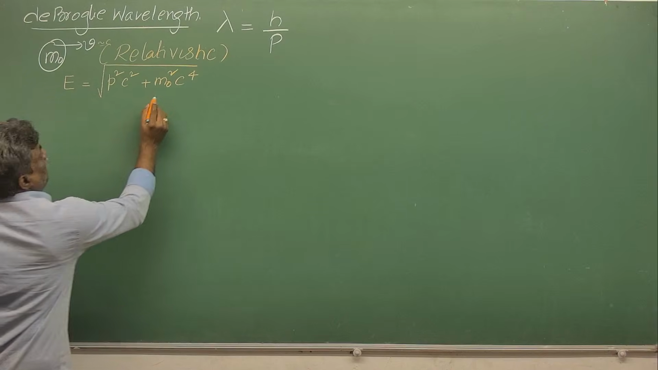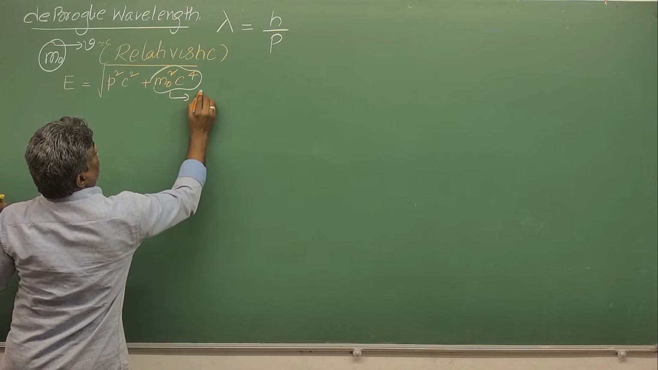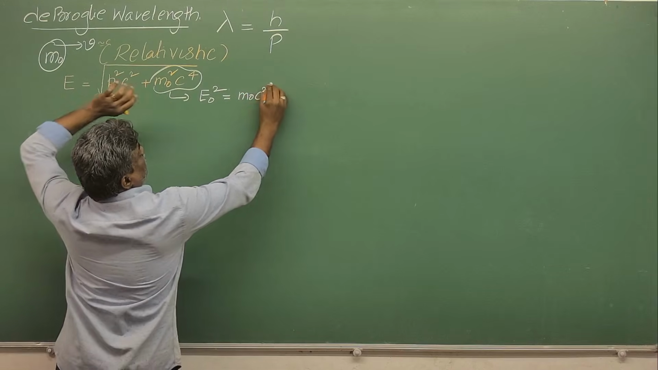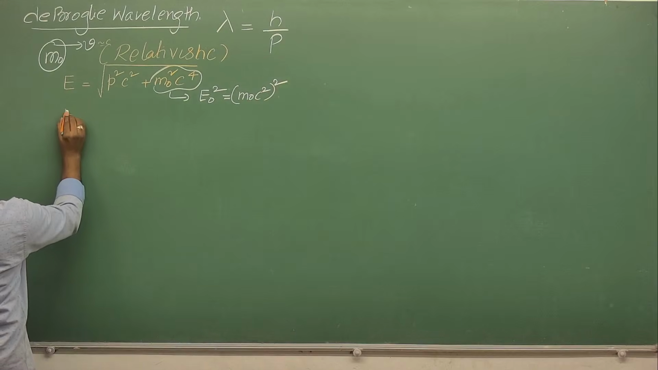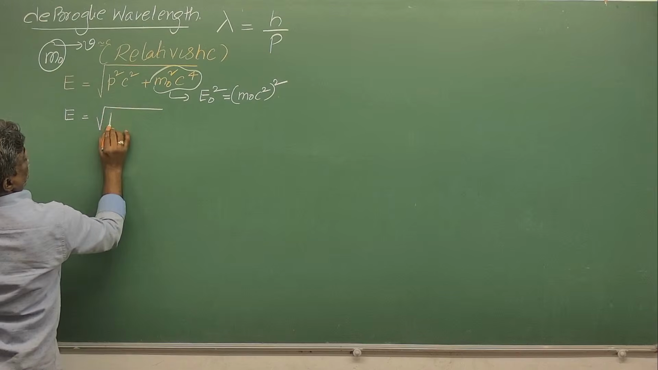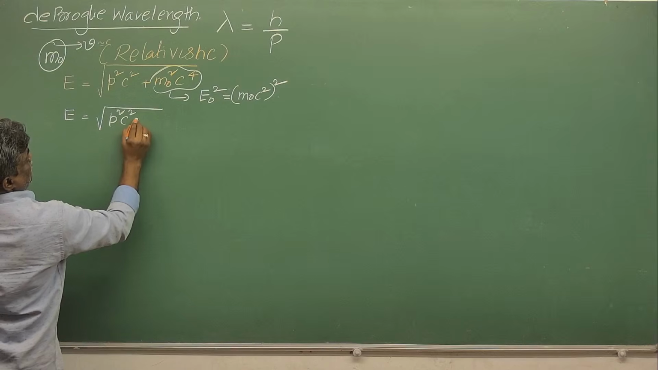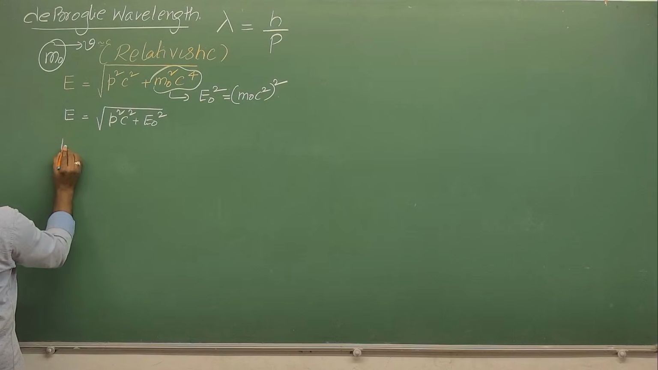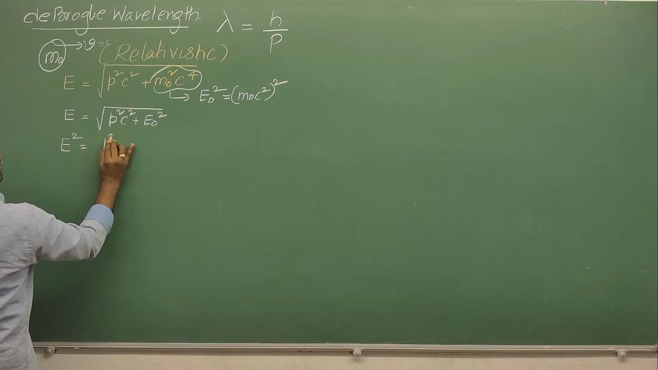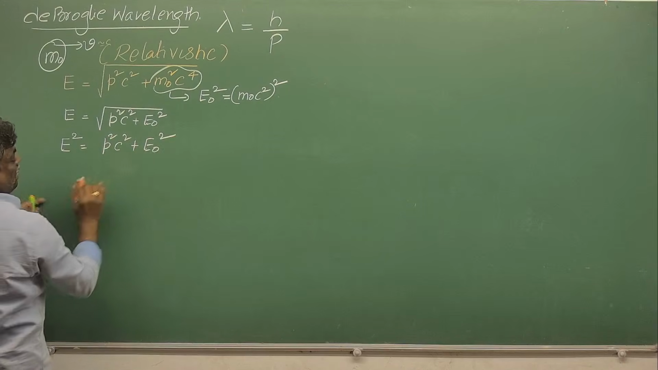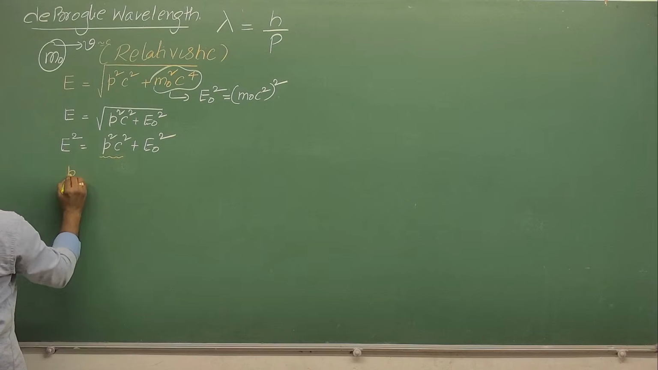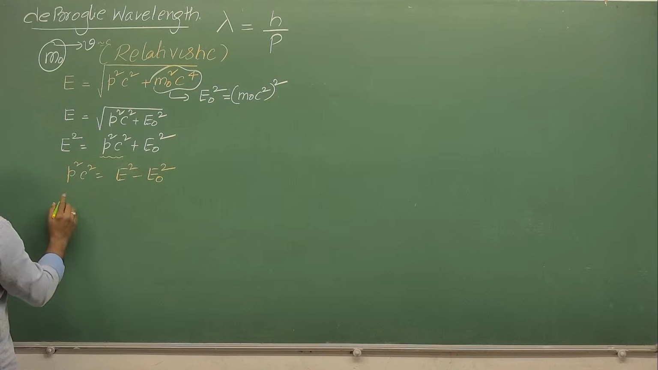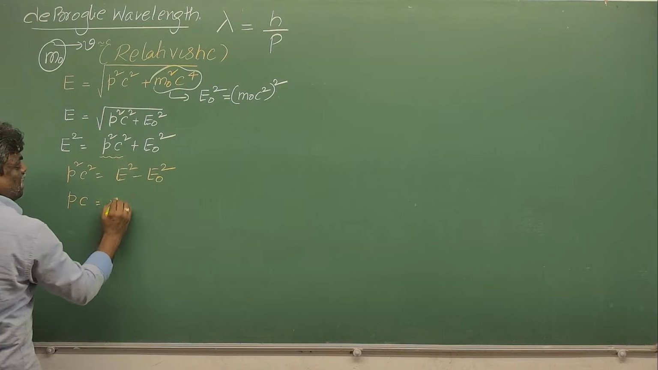Good. And m0 c square we can write as E0, because E0 is m0 c square. That's why I am writing energy equal to the square root of p square c square plus E0 square. That's clear. Now with your permission, I will square both sides. Now I am finding p square c square equal to E square minus E0 square. A small algebra, don't get tension. Now come on, say Pc equal to